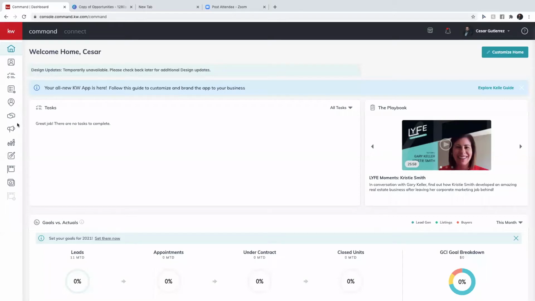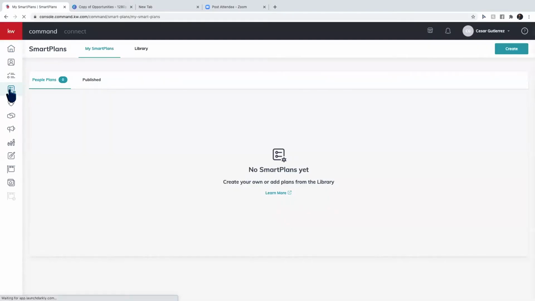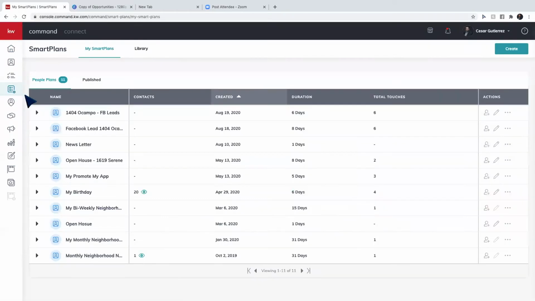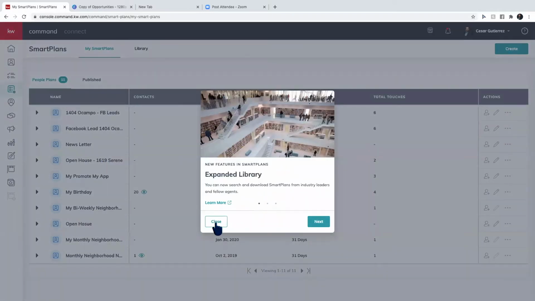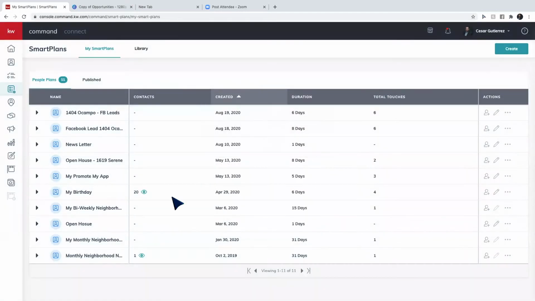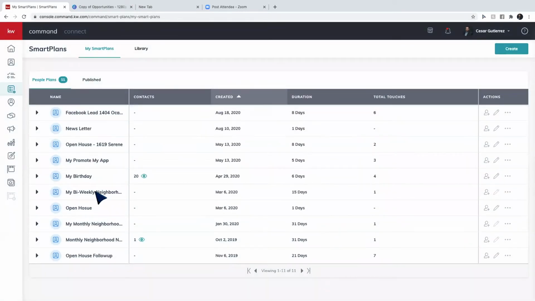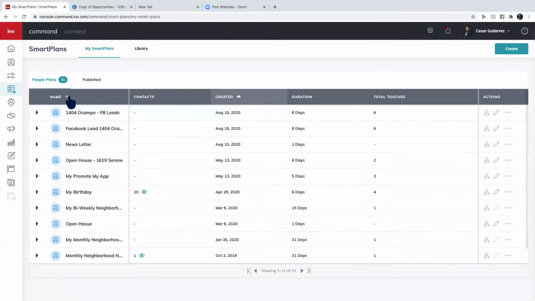Okay. We're going to go into smart plans. It's going to be this one right here. These are the smart plans that I currently have active. Now if yours is blank, that means you have to go to the library and add some of these smart plans. So you go into library,